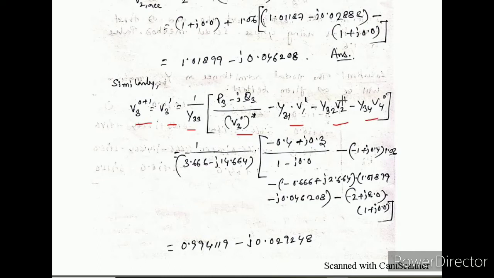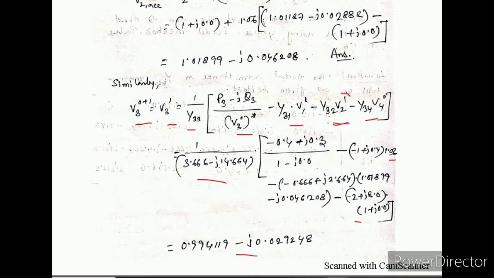So why is 1 written here, and why is 0 written here? If you see the basic formula of the Gauss-Seidel method, it will be easily understandable, or you may follow my previous lecture, that is lecture number 4. Next, if we put all the values, we will get this result. Now you can see that here for V1 to the power 1 we have put 1.06. Now you can see here Y32 into V2 to the power 1.